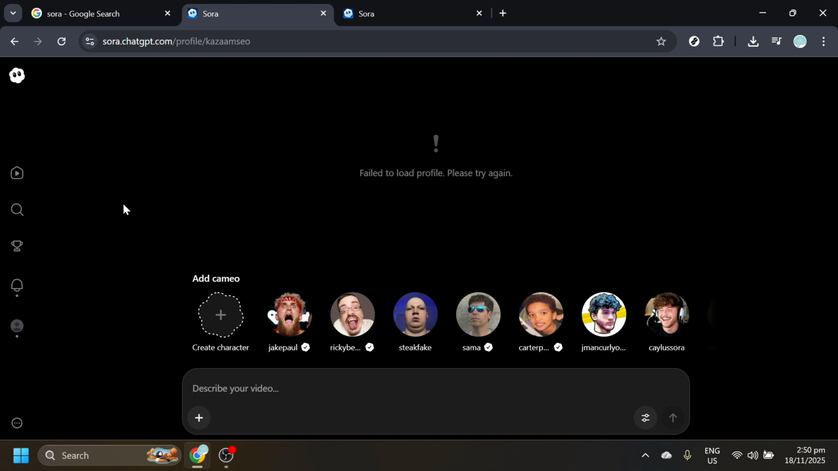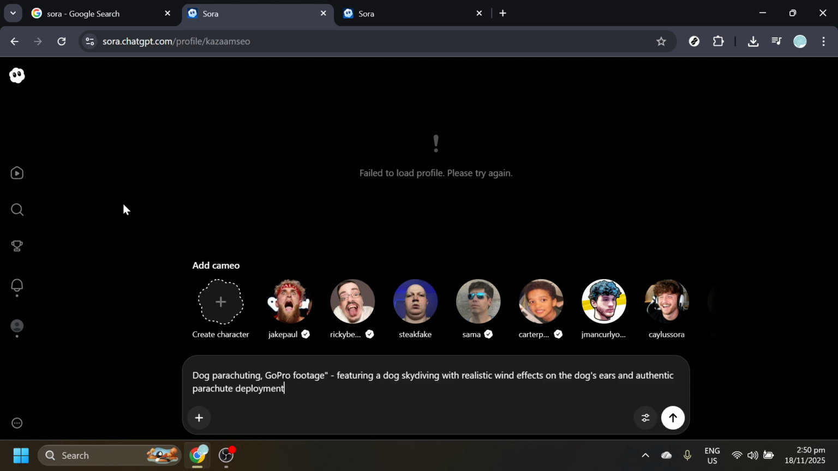Now, with the Sora website open in front of you, it's time to unleash your imagination. Here, you can craft a visual prompt that encapsulates the scene you envision. So, in the available prompt field, type in this idea: dog parachuting,